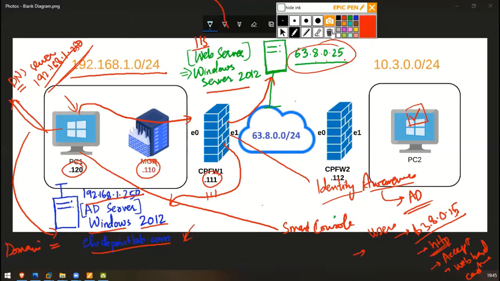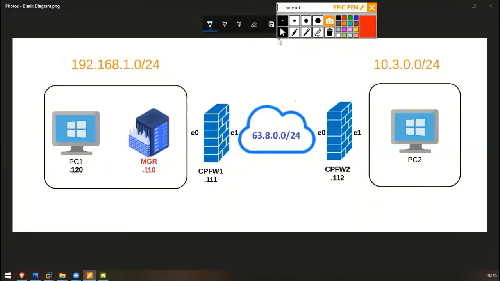So I will be writing these all at the side so that you don't forget the IPs and all. But it's up to you. You can change the IPs. In my lab scenario, I have these IPs. It's your lab. You can change the IPs according to you. So I will wrap it all up, and let's jump into a Windows PC. For that, I will pause this video for a second.